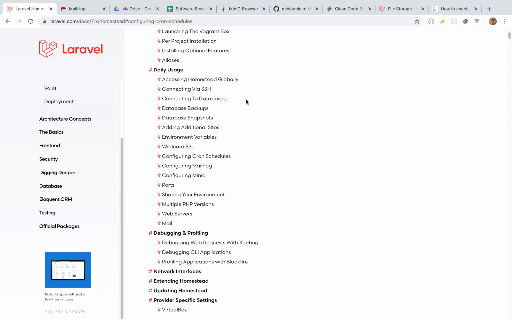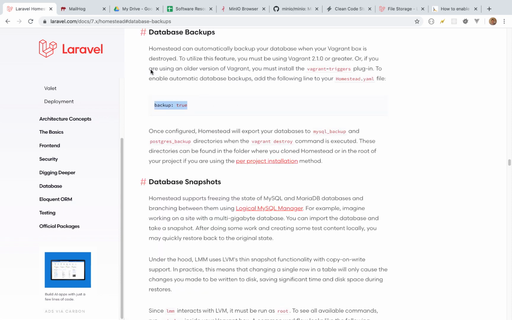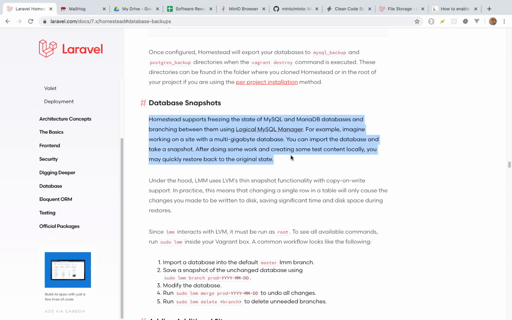We did go through connecting via SSH, connecting to databases as in the other tutorial. Database backups, backup true. What will this do? You must install the Vagrant Triggers plugin, enable automatic database backups. Database snapshots. Homestead supports freezing the state of MySQL and MariaDB databases and branching between them using Logical MySQL Manager. For example, imagine working on a site with a multi-gigabyte